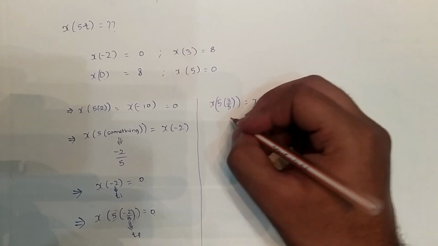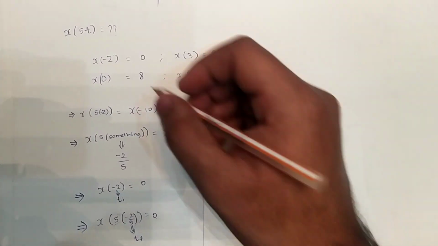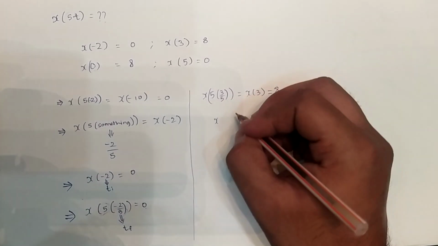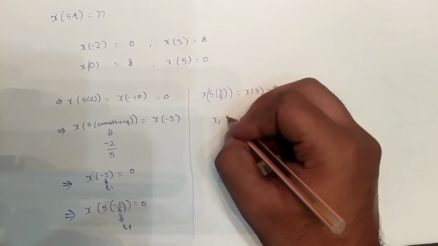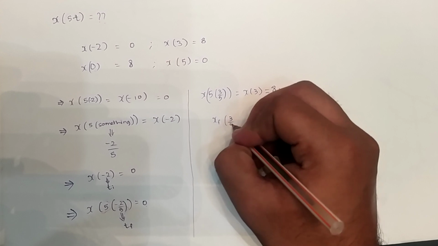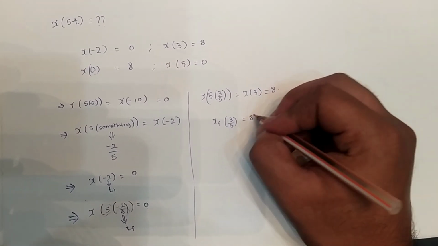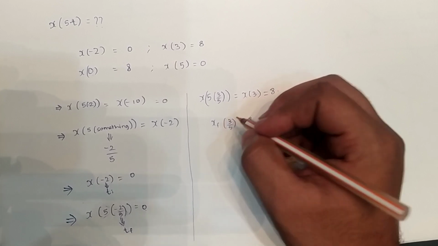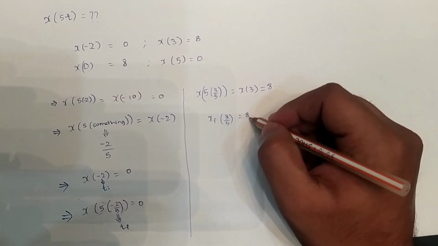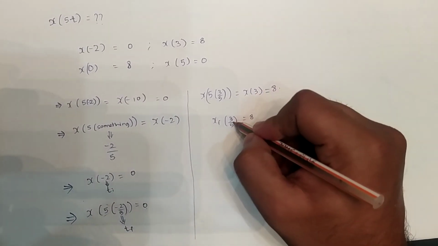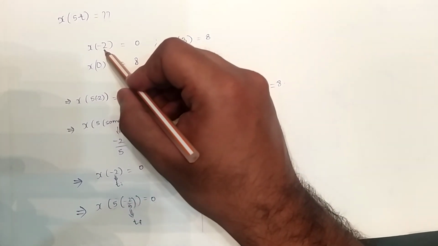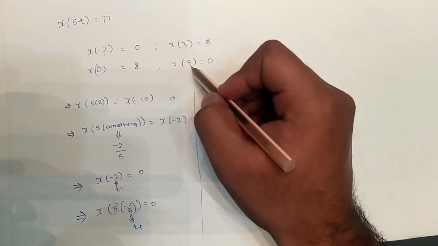which is equal to 8. So in my new graph, that is the scaled version of this graph, it's going to be x of 5 into 3 by 5. Suppose if this is x final, in that graph I should be substituting x of 3 by 5, which will give me the value of 8. So the 3 value is basically becoming 3 by 5, which is giving me 8. So what basically happens is, this divided by 5 is happening everywhere. So minus 2 became minus 2 by 5, 3 became 3 by 5, and 5 also will become 5 by